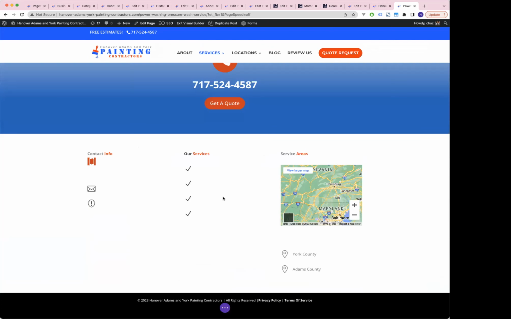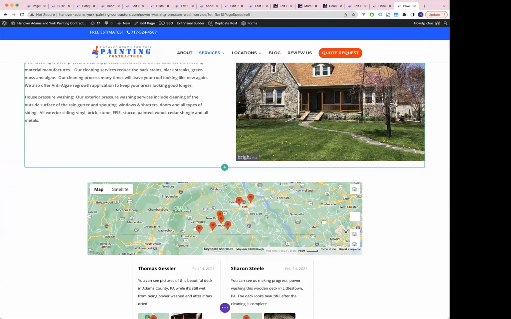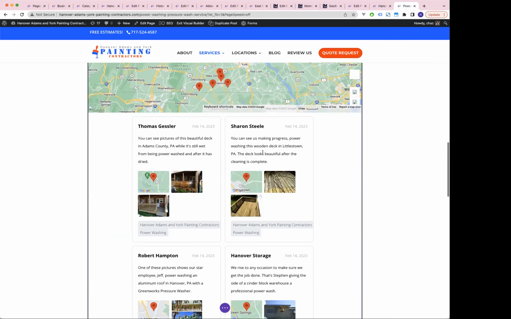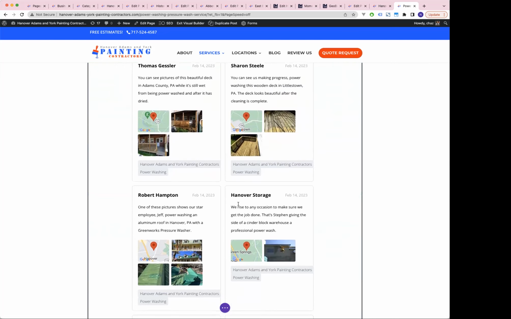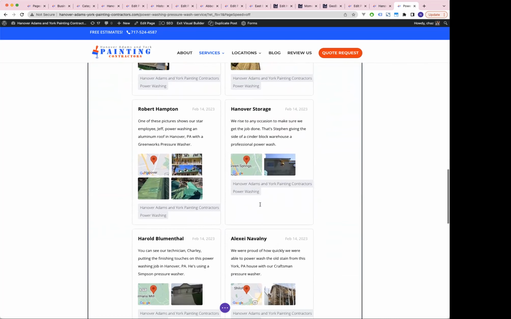Ideally, you'll come in and grab a few sentences for every single one of these that you're posting. You are going to be giving Google local content that is both niche and geo-relevant. So we do want to try to get in a little bit about the neighborhoods that we're in. You can see here, this is perfect. We're referencing Adams County. We're referencing Littleton, PA. We are just peppering in all of the geo-relevant context that Google is looking for from both the